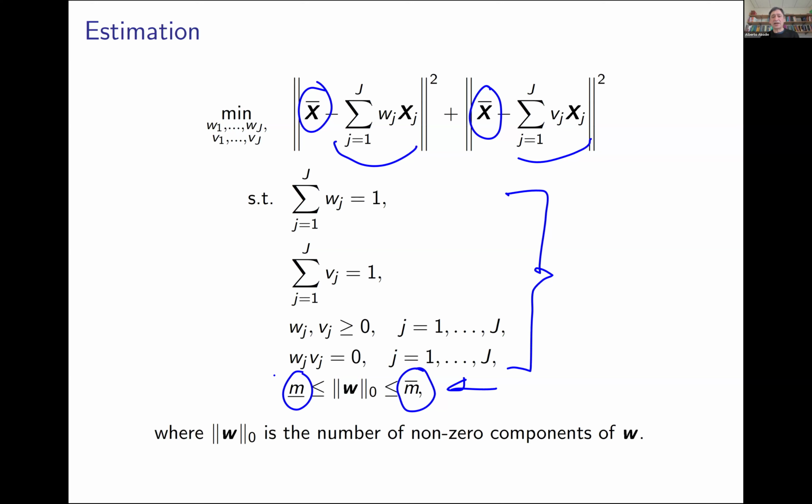leave it like this. And if you look at this problem, you will notice very fast that the problem is almost symmetric in the W's and the V's, except for the last constraint. So if the last constraint not only holds for W but also holds for V, you could swap the weights. You could make the W weights equal to the V weights and the V weights equal to the W weights. And we talk in the paper about how to decide between all these swaps. Okay, very good.